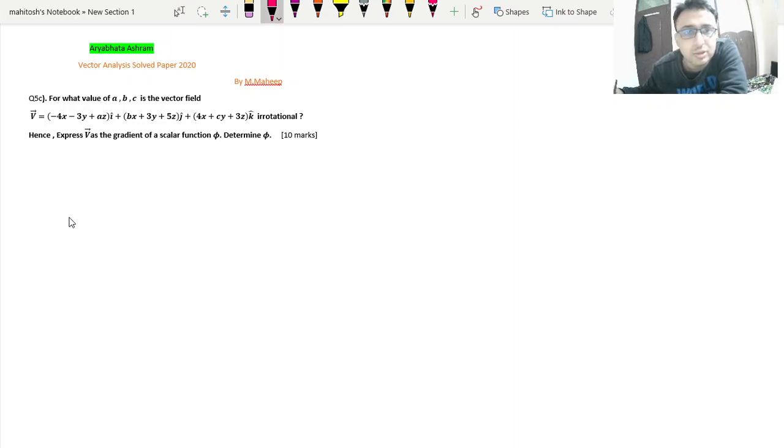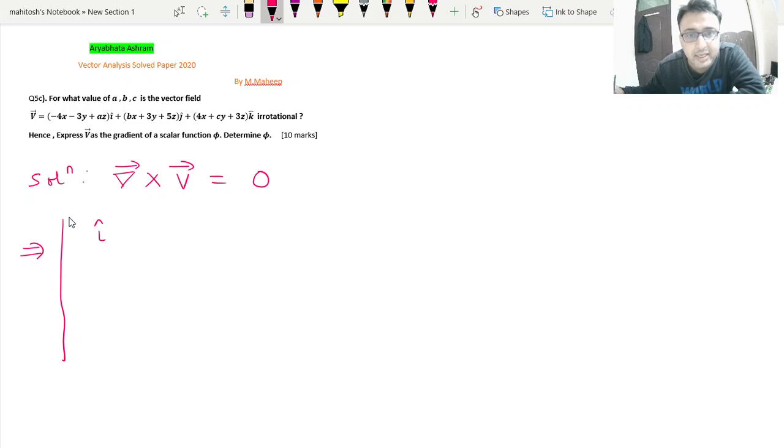So this is question number 5C. For what values of a, b and c is the vector field V irrotational, and then they are asking to express V as a gradient of a scalar phi and determine phi. So that's having three parts, so we are going to answer each of them one by one. When they are saying that the vector field is irrotational, that means the curl of the vector field is 0. So this we can